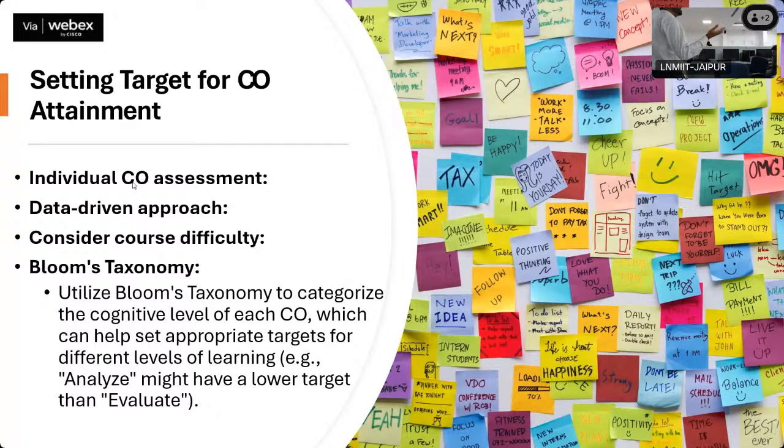So it is the freedom of the course instructor which attainment criteria you define, and nobody is going to question you, but you should be very clear about why you have set it that way. And at the end of the calculation, we have to say whether we have achieved that attainment or not. If achieved, we could raise the bar. Let us say we have set 50% as the criteria of attainment, we can put it at 55 or